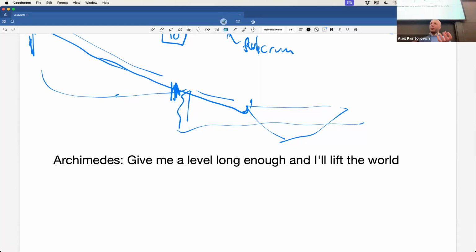There was a crown. The king asked a jeweler to make a crown for him and gave him a bunch of gold to form into a crown. And then he was not sure if the jeweler just put a bunch of silver inside and coated it with the gold and kept the gold for himself. So once it's done, how do you figure it out? You don't want to break the thing apart because now you've ruined it. So how do you figure out if it really is gold or not?